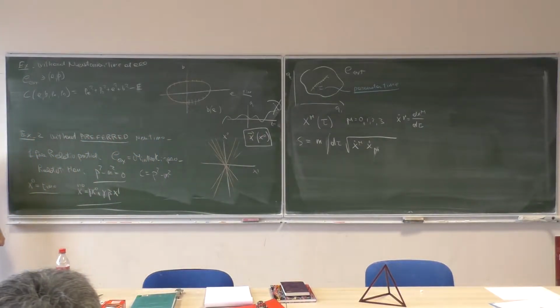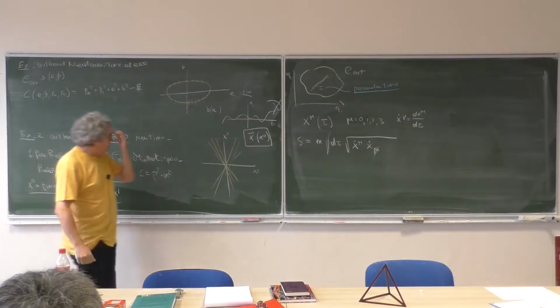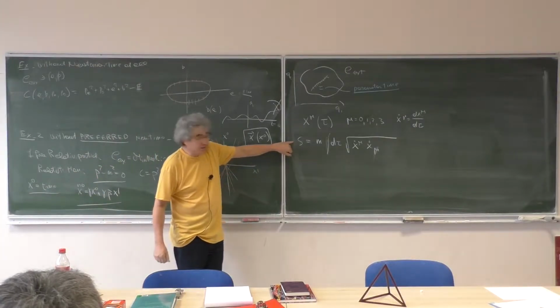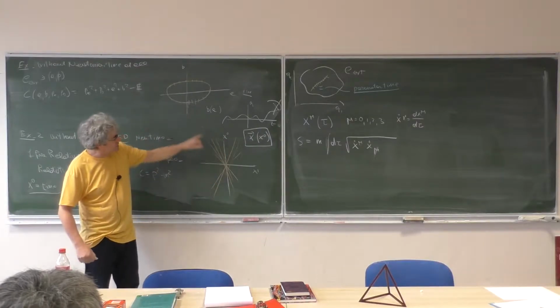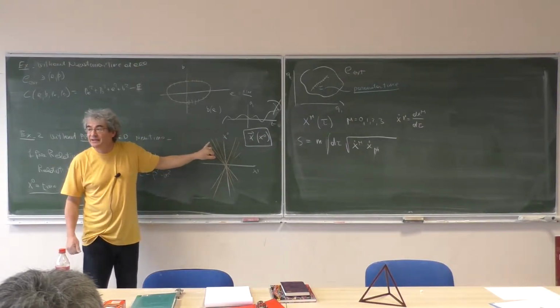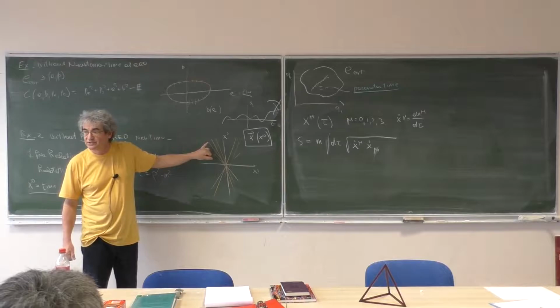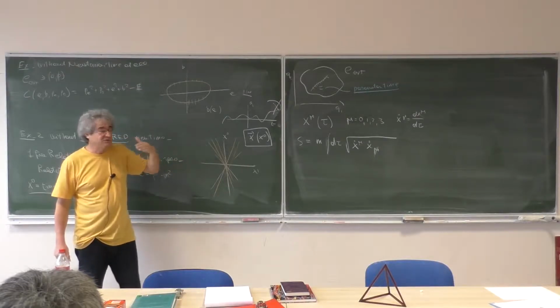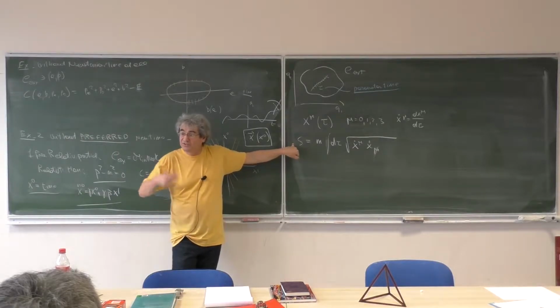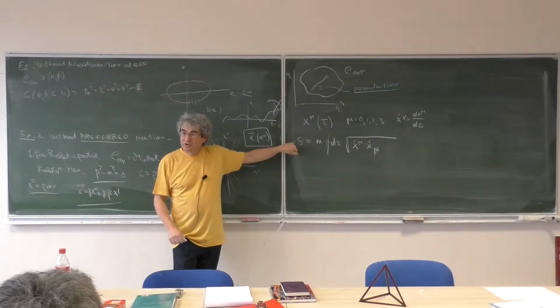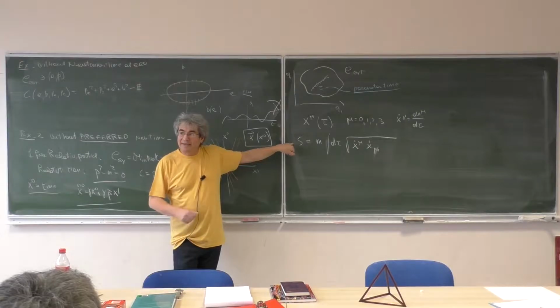And you know that if you write the Euler-Lagrange equation for this action, you get exactly this trajectory, parameterized how? In any arbitrary parameterization. In fact, the Euler-Lagrange equation of this action doesn't fix the parameterization. This action is minimized by any